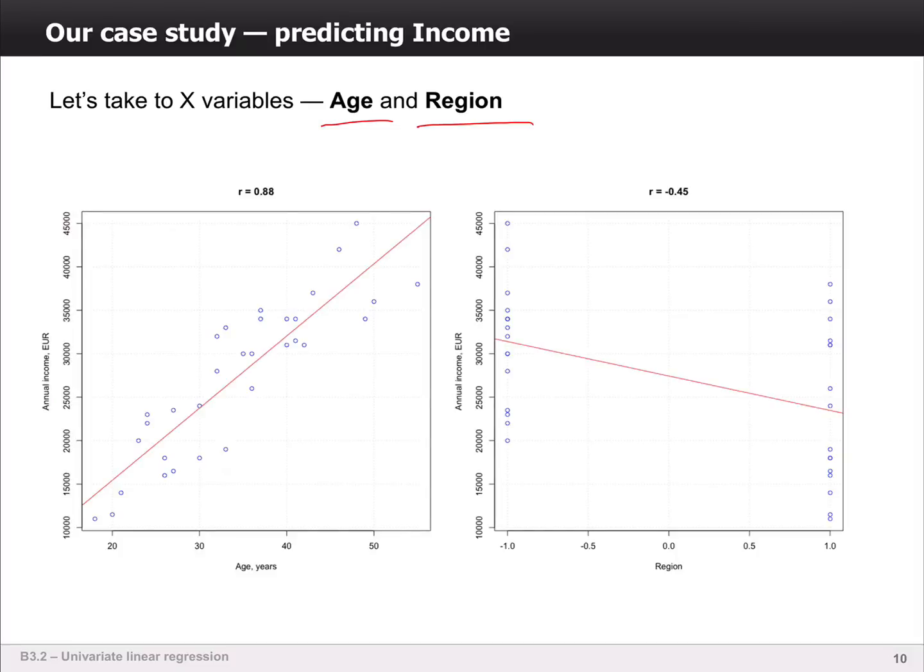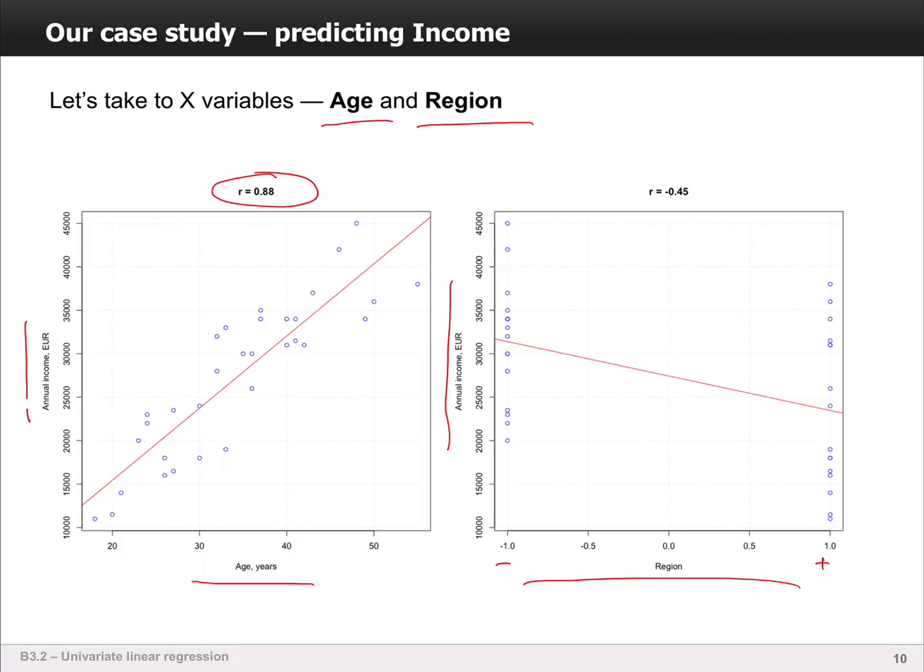These are individual plots. So this is the age versus income. This is what we had before, and we know that the correlation is about 0.88, so the correlation is very high. And this is region versus income. And you remember that region, in our case, is a discrete variable. We have either +1 or -1. And if you look at the plot, you can see that we have a pretty good overlapping of the